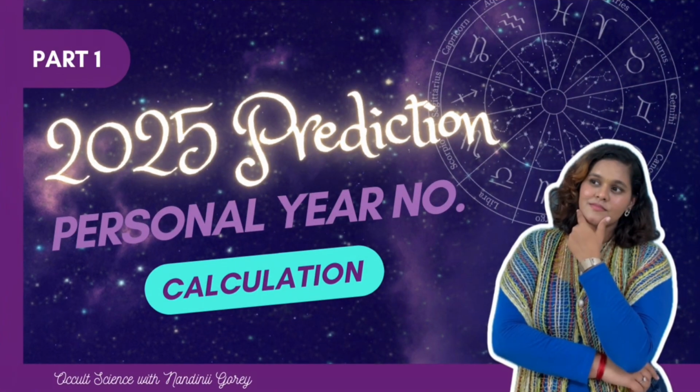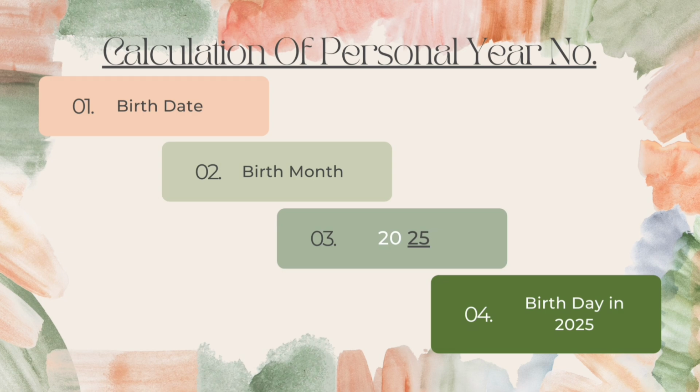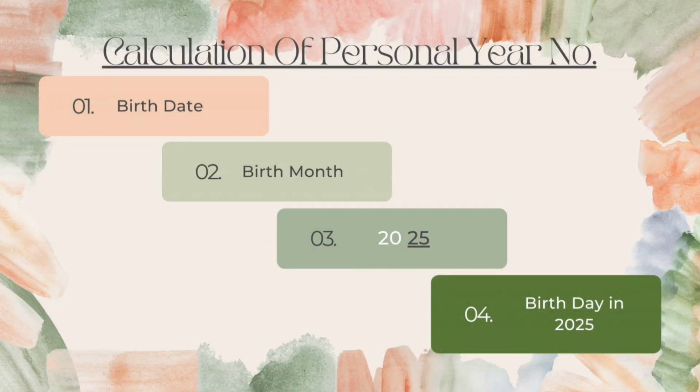This is day 1 of a 10-day series where we will be talking about 2025 year predictions by calculating your personal year number. What is a personal year number? This is the calculation of 4 numbers, which are your birth date, your birth month, 25, which comes from the year 2025, and the last number is about the day when your birthday is coming